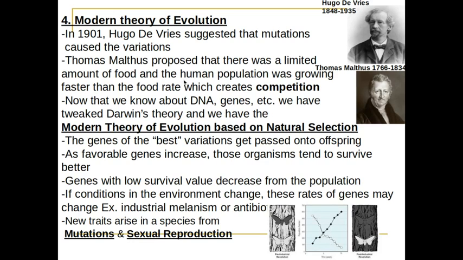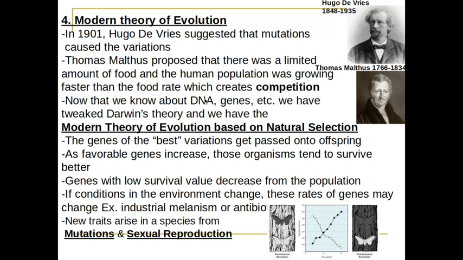In the modern theory of evolution, in 1901, Hugo de Vries suggested that mutations cause variations. The limitations of Darwin's ideas were that he could not tell where the variations came from. It's de Vries that suggested that it's mutations. And Malthus proposed that there was a limited amount of food, which results in that competition we talked about earlier